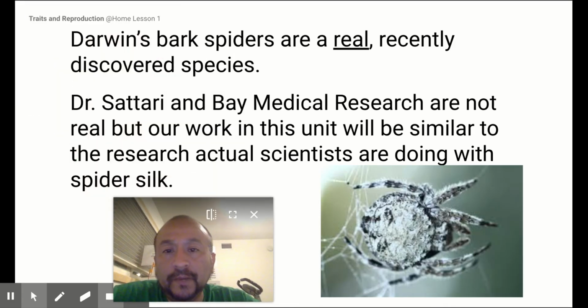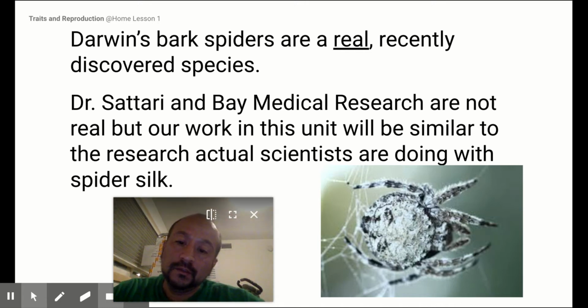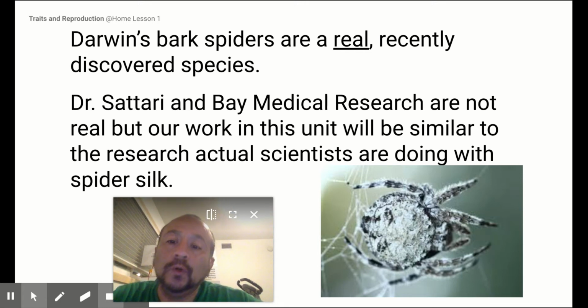Darwin's bark spiders, they are real. You can Google them and you can find out more about them. You can Google them, maybe even YouTube Darwin's bark spiders and find out more on your own, or look in the back of your book,